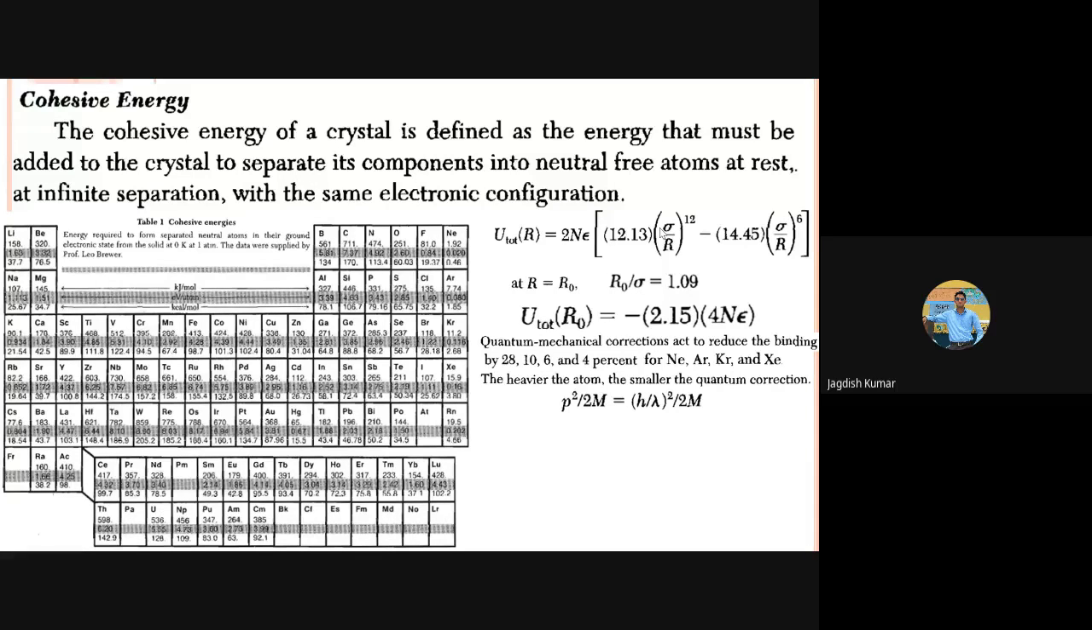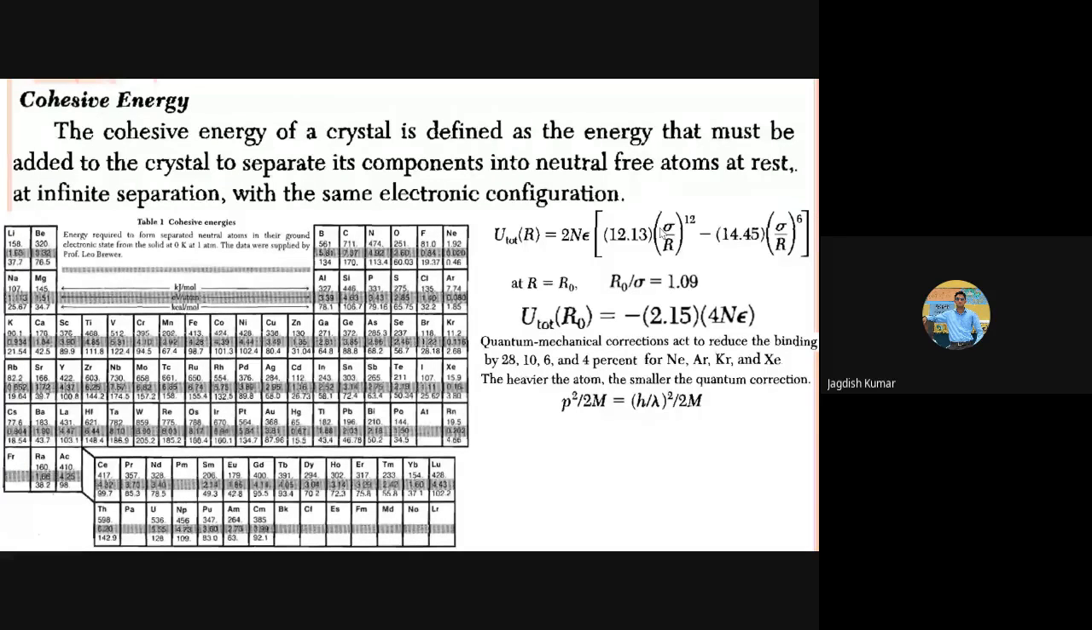I mean, you break it completely. It's like the crystal is broken back to its reactants. Another way of looking at cohesive energy is that it is the amount of energy which is released when a crystal is formed from its neutral free atom reactants. So if you're saying sodium chloride crystal, if you want to talk about cohesive energy, means